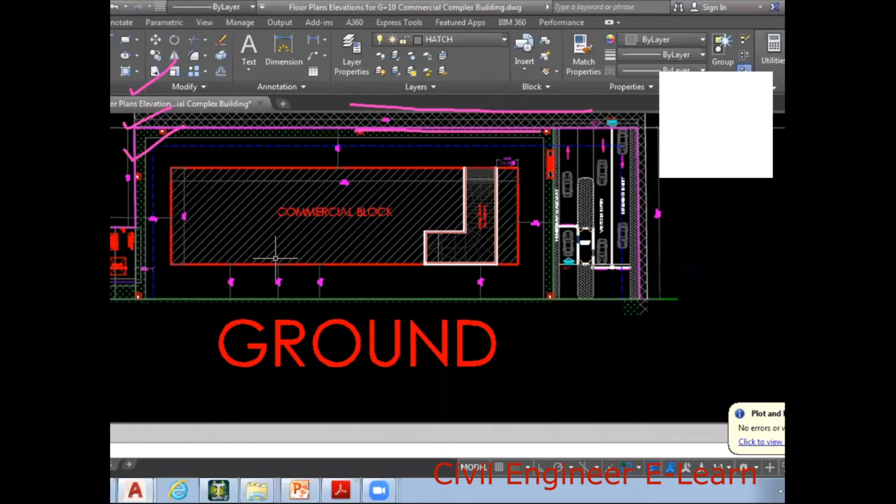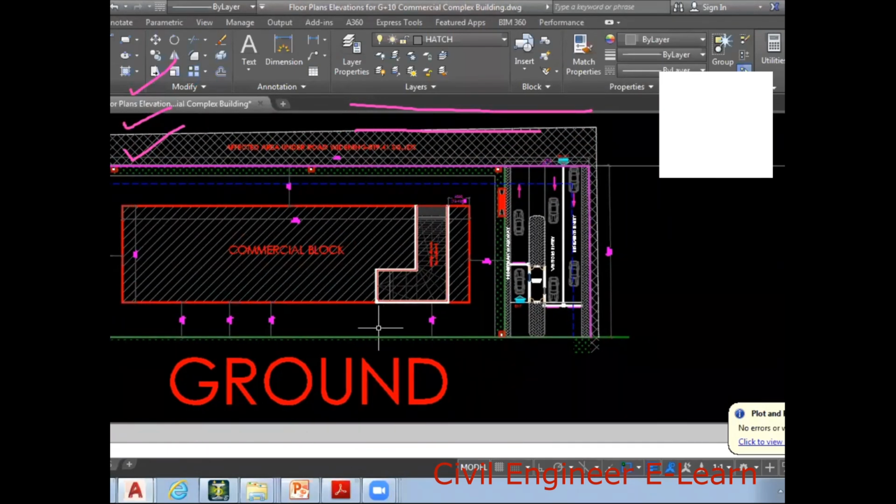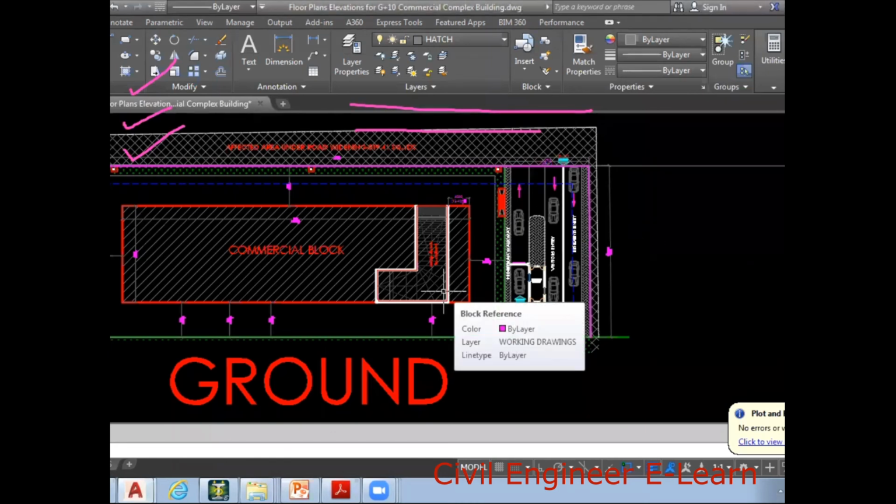See, this is a commercial block. So we have to spend enough time for understanding or for reading these architectural drawings. I very strongly recommend to spend enough time to go through the details given in the architectural drawings first. Spend more than enough time on reading of architectural drawings, which will definitely be more beneficial for us to prepare a structural model.